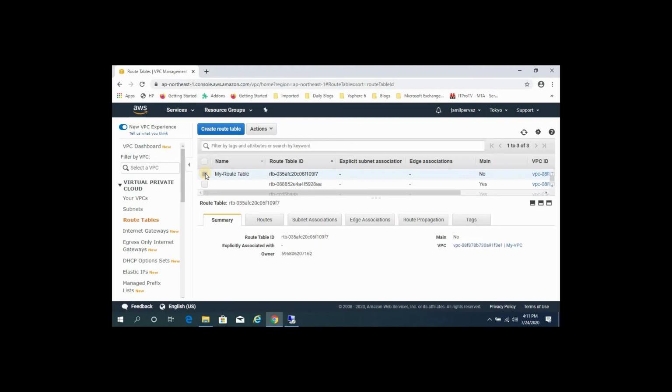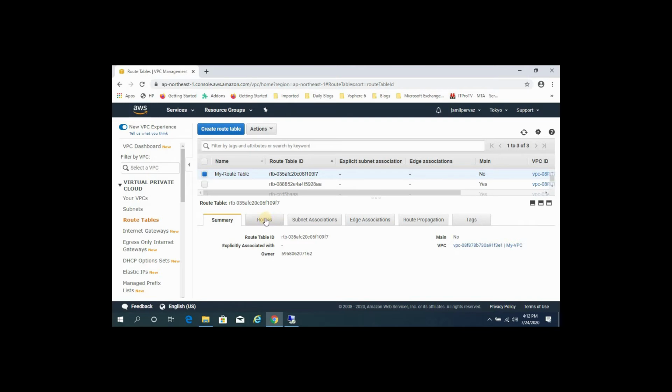Select the route table. Now traffic from instances in the public subnet destined to the internet will be redirected to the internet gateway, so we add a route to the route table in the virtual private cloud for traffic to the internet to be routed using the internet gateway.